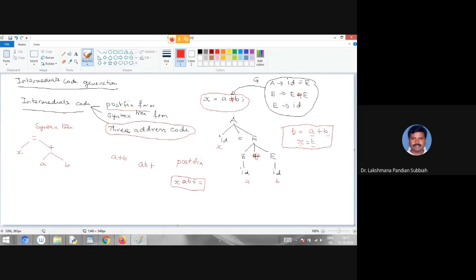So here you see a plus b. We have to represent that as plus operation on a, b, and assign the result to the location t. Next we have x equal to t. Here you assign that to x. So this is three address code with